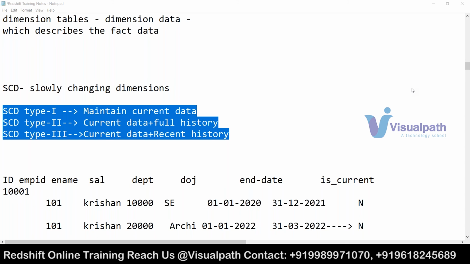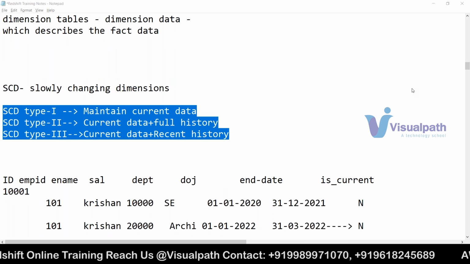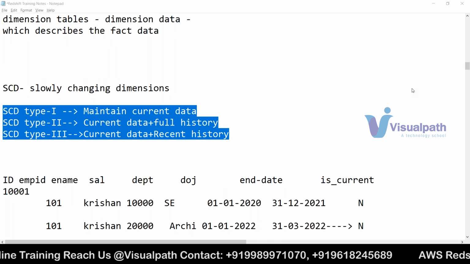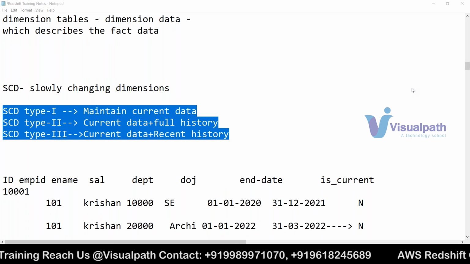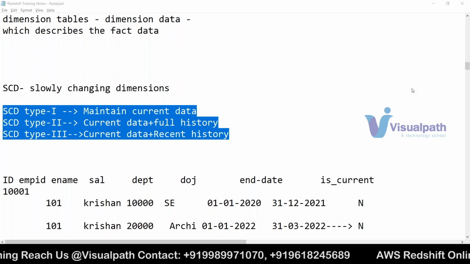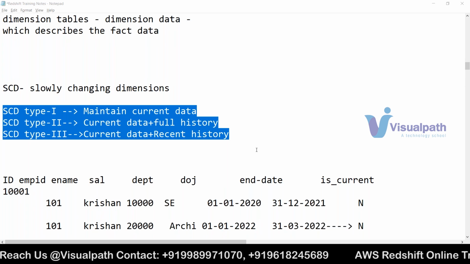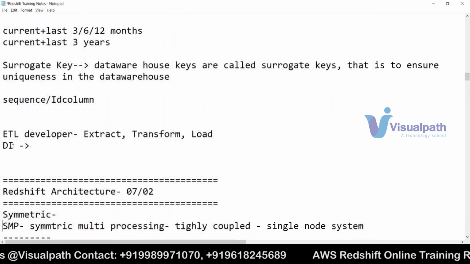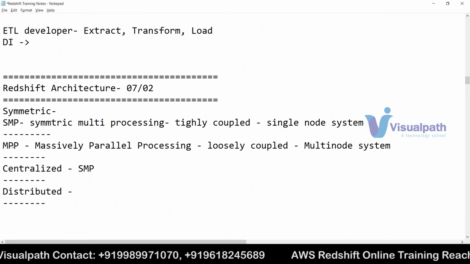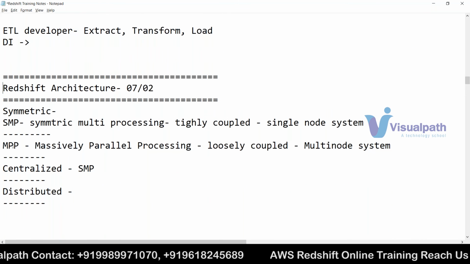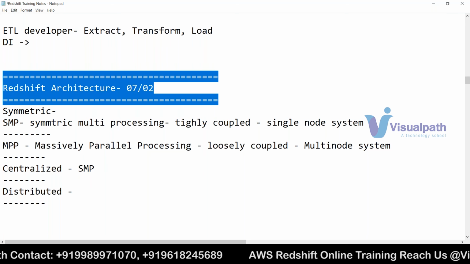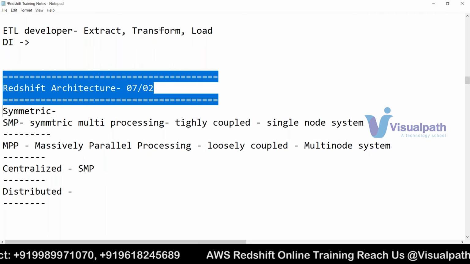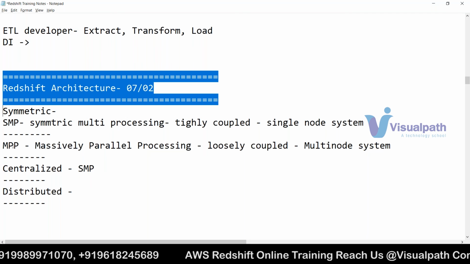Krishna, we are going to create all these tables in AWS Redshift, right? So whatever we are learning right now, these are only data warehousing basics. Not from here. Once we start Redshift, there we are going to do everything. Our Redshift class will start from Redshift architecture, and from there we are going to do everything. Okay, got it.